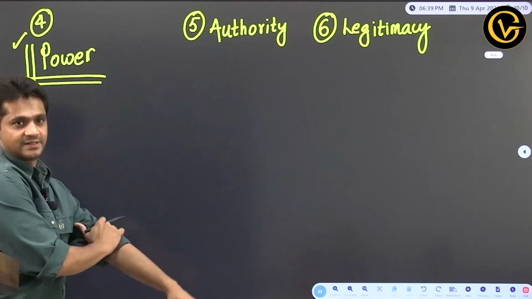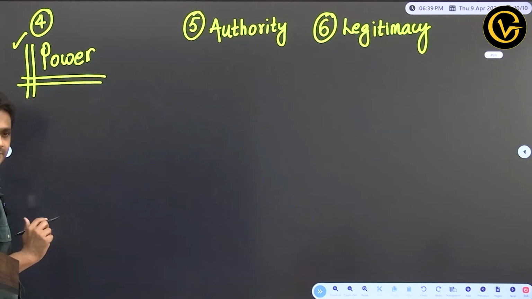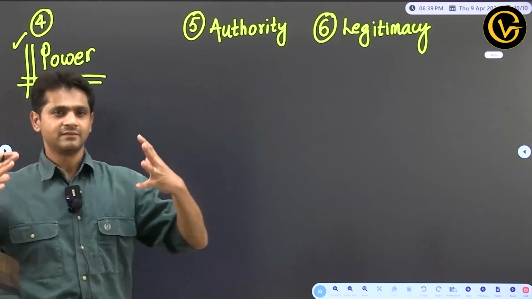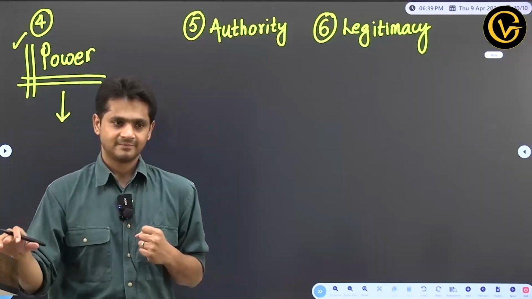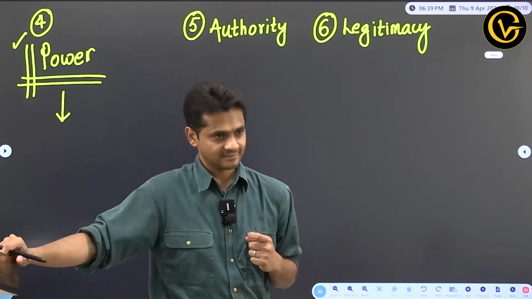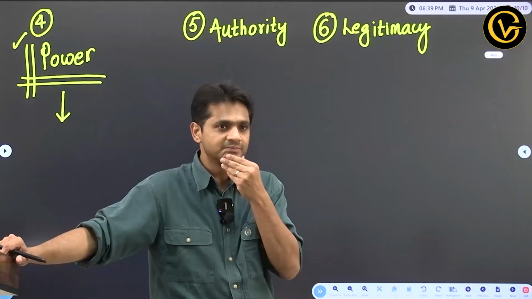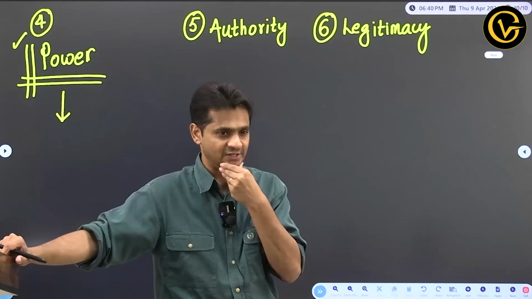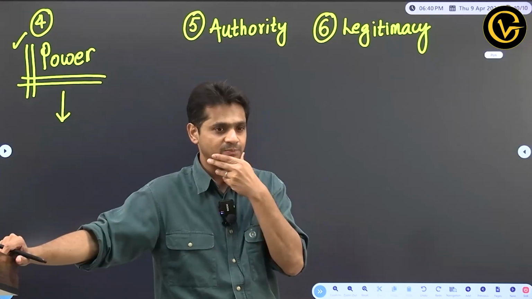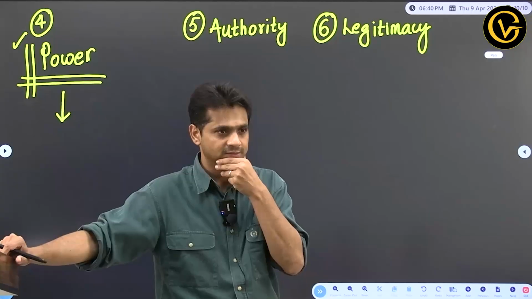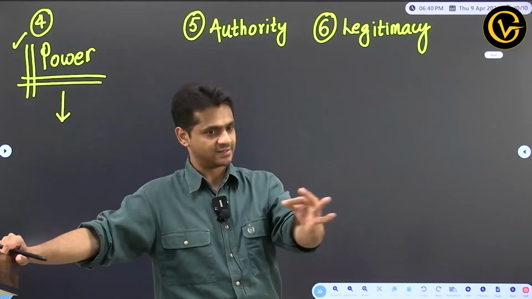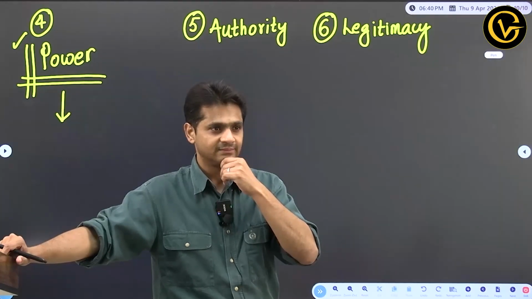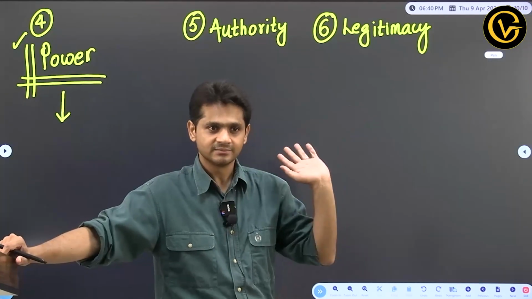Power, authority and legitimacy. What is power? Just assume you have unlimited power. All the power in the world. What would you do? There is nobody to challenge you, nobody to question you, nobody to checkmate you, restrain you. To put it in English, you have unbridled powers. Isn't it? You can do anything you want, right?